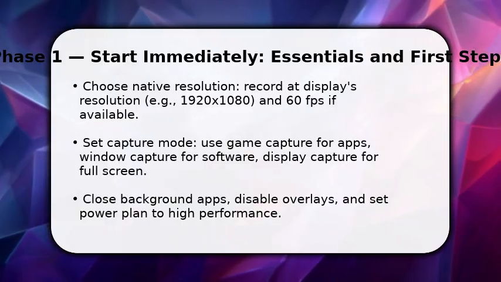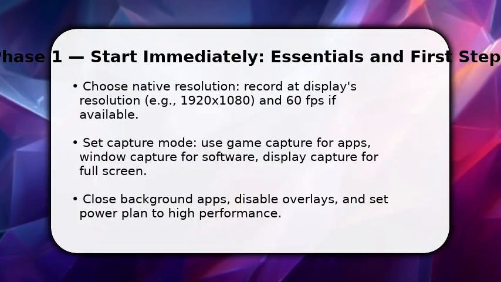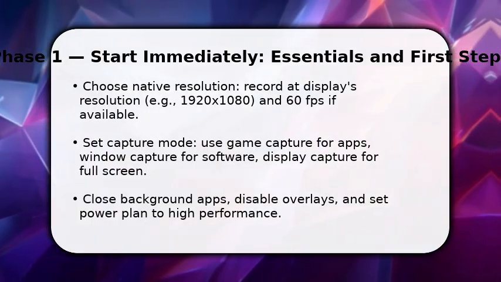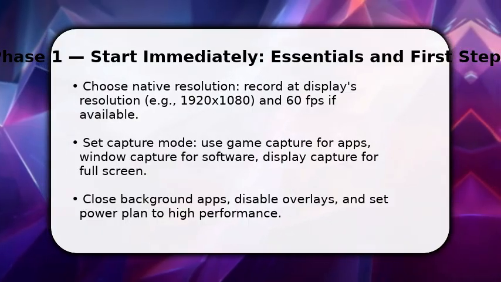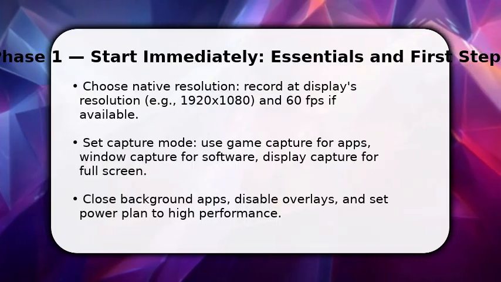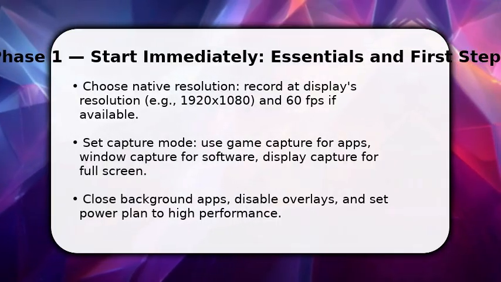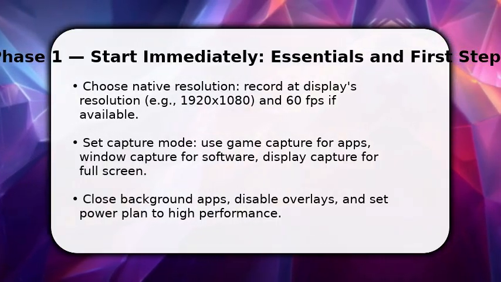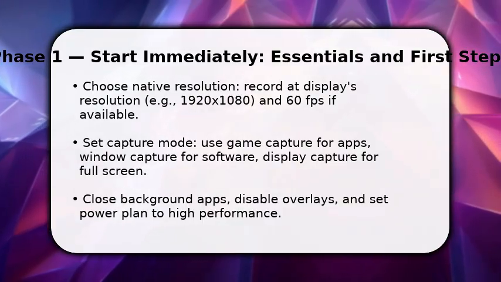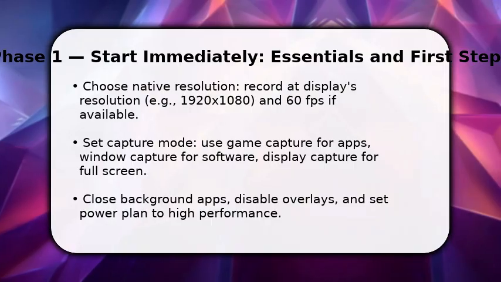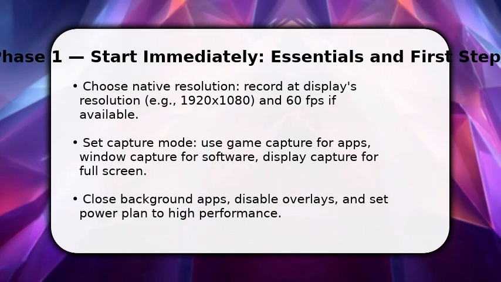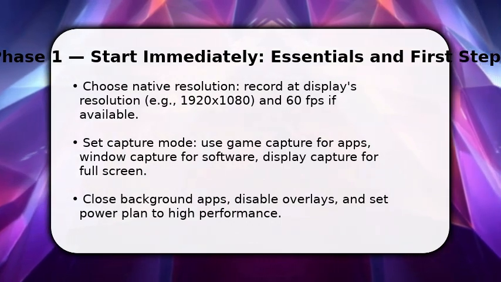You start by locking the source and capture parameters so your recording has a clean baseline. First, set the recorder to your display's native resolution and select 60 frames per second if the system supports it. This preserves motion clarity. Next, pick the correct capture mode: game capture for GPU apps, window capture for single software, display capture for everything. Once done, close background apps and disable overlays so CPU and GPU headroom stays available for